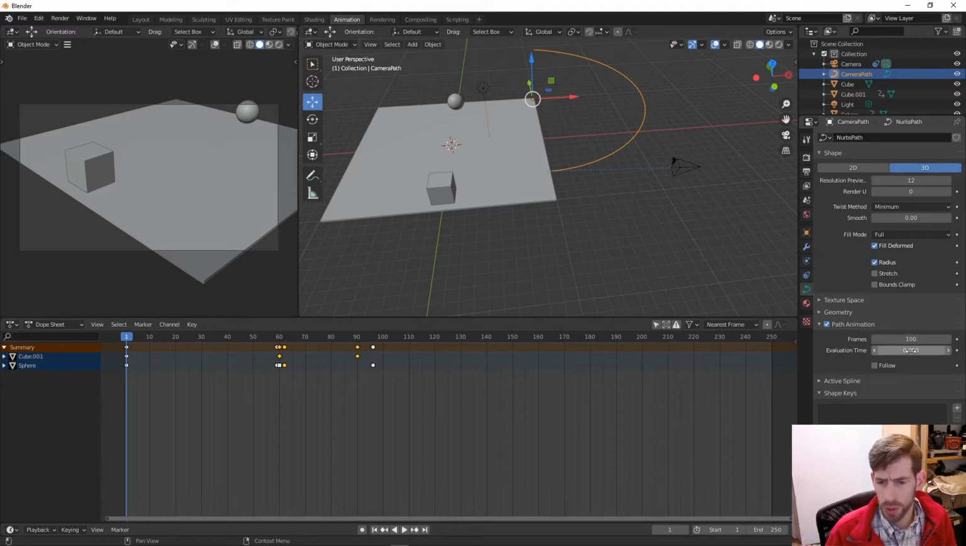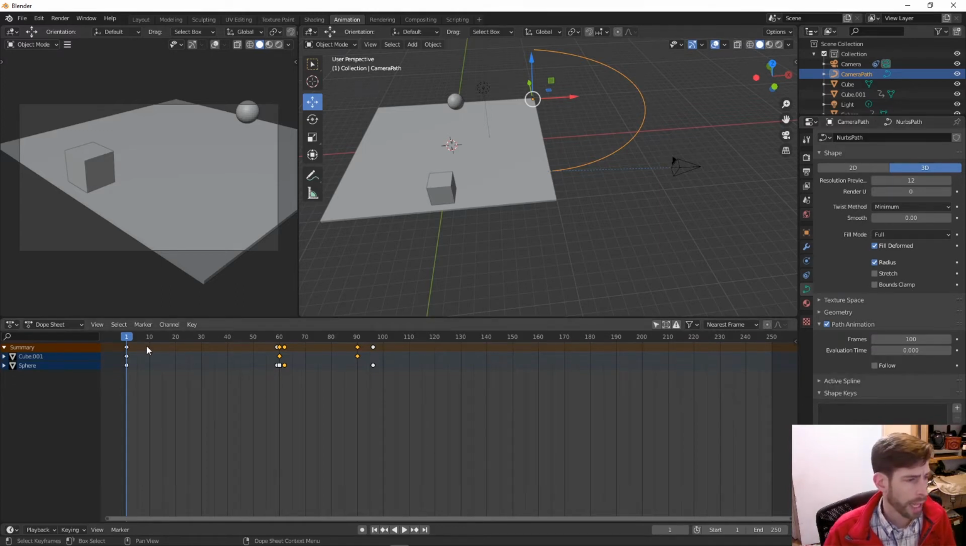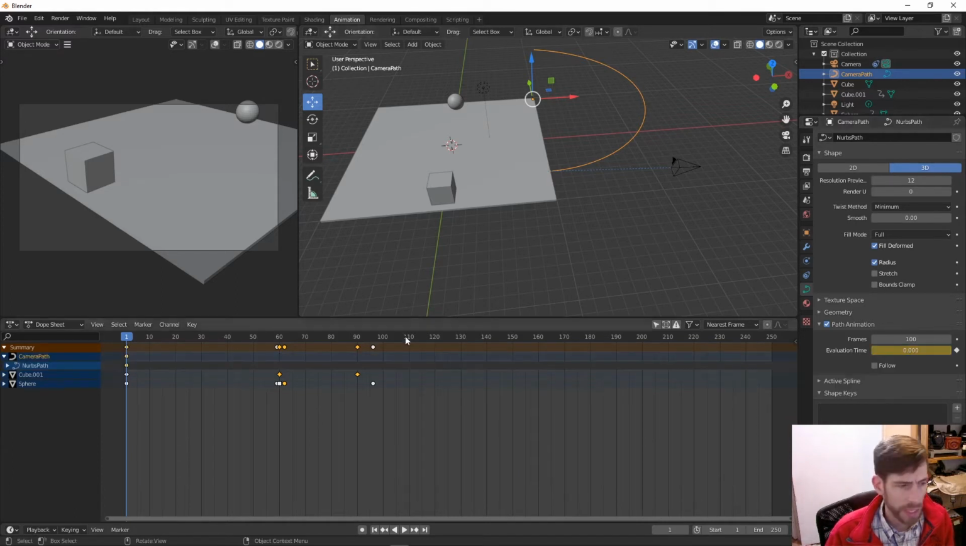So we're going to really only be concerned with evaluation time right now. I'm just going to set this to be real simple. At frame number 1, I want my camera to be at 0% of my path. So I hover my cursor over the evaluation time and I hit I. That inserts a keyframe here under the camera path, and you can see it here in the evaluation time, and I've got